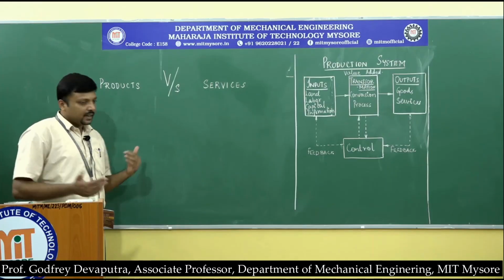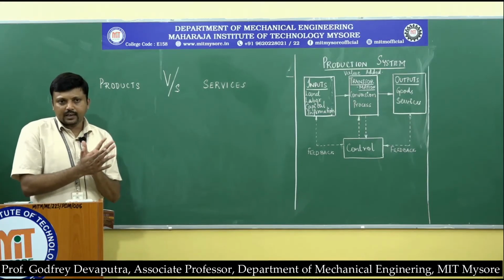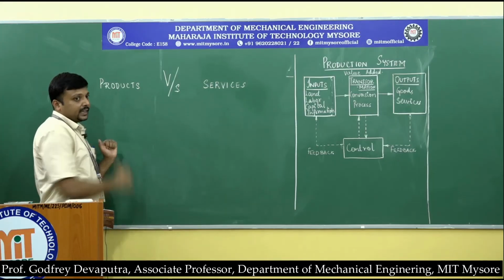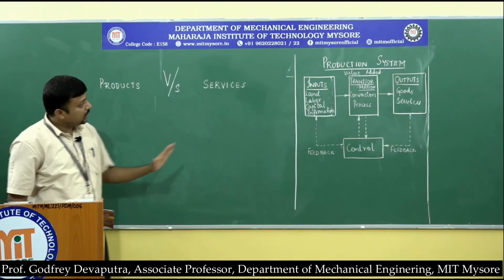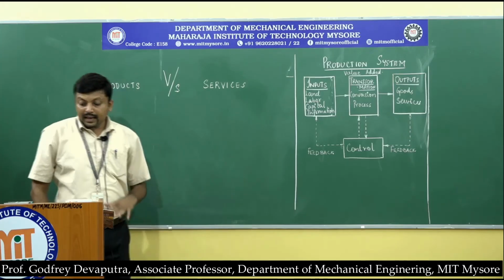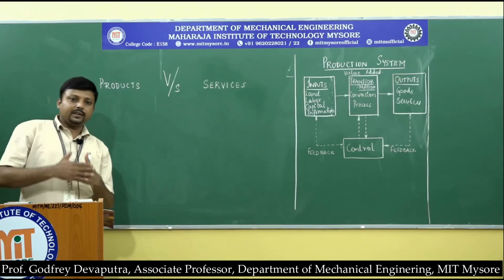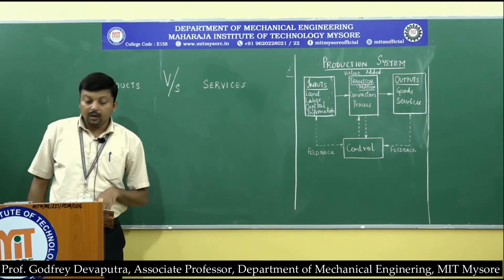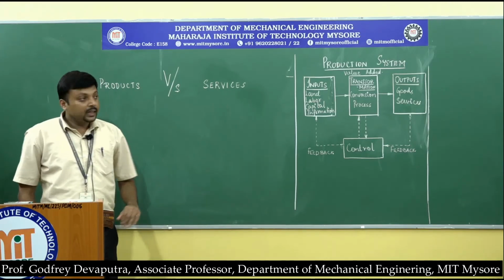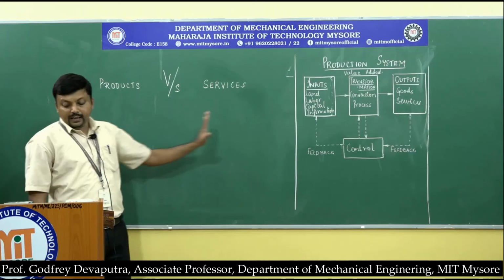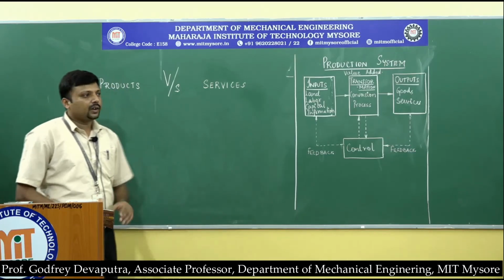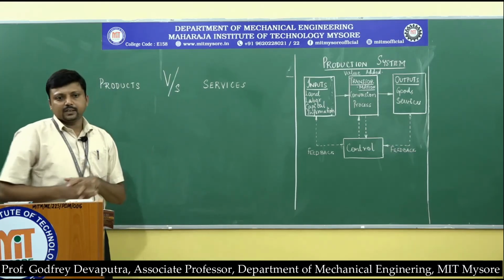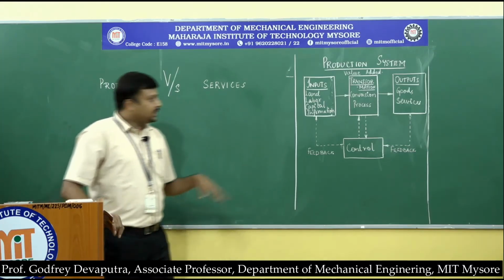That is, since there is an option of making more at a certain time and storing it and using it at a later stage, we can always have flexibility here in the case of goods. While in the case of services, they have to be consumed as and when they are produced. So therefore, we do not have that amount of flexibility in case of products producing services. Inventory can be built here in this case, whereas inventory is not likely to happen in the case of services. So fundamentally, these are some of the differences that I have highlighted to you.